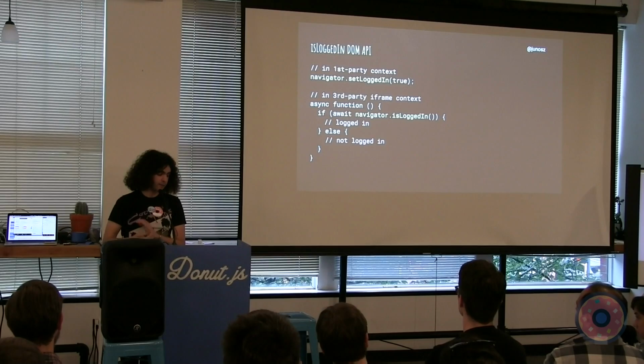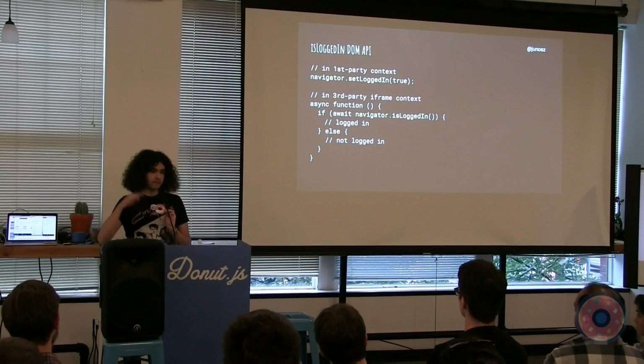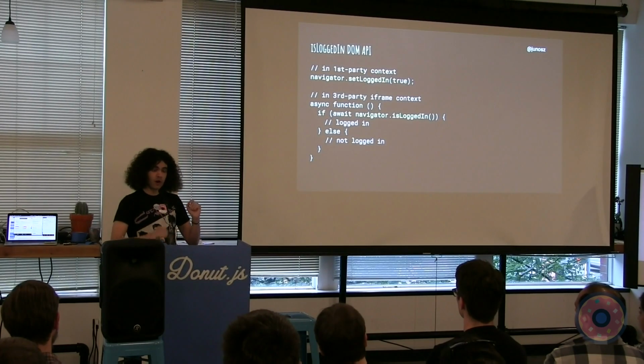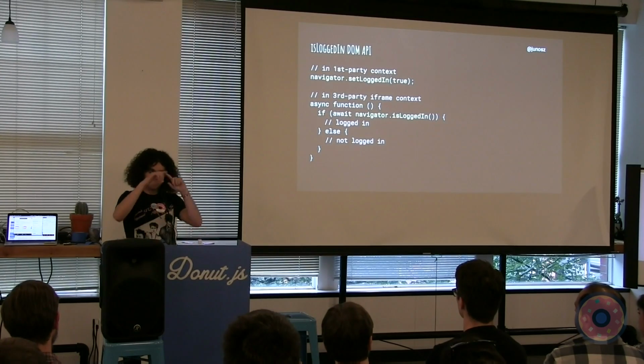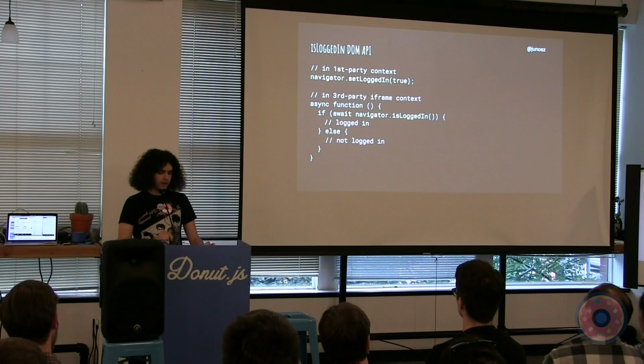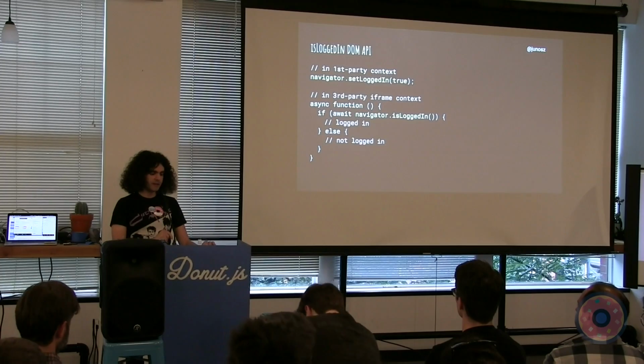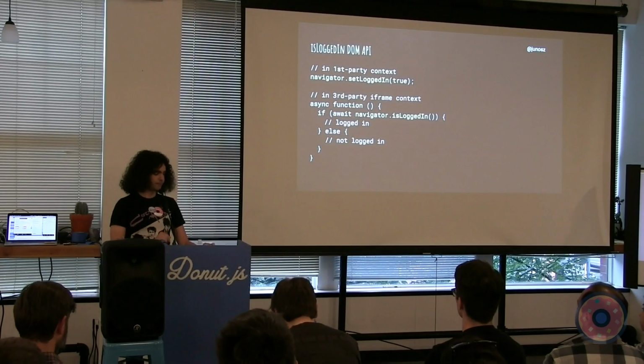case for application developers. So this is a proposal where in a first-party context, you would call navigator.setLoggedIn, just with that Boolean value. And then when you're in a third-party context, you can read that Boolean value. And then if you are logged in, but you don't know which user it is, then you could go with maybe a permissions dialog or some other approach to upgrade that level of permission and access. This one has just been a proposal that has surfaced in some GitHub issues and things like that. It's not standardized yet.